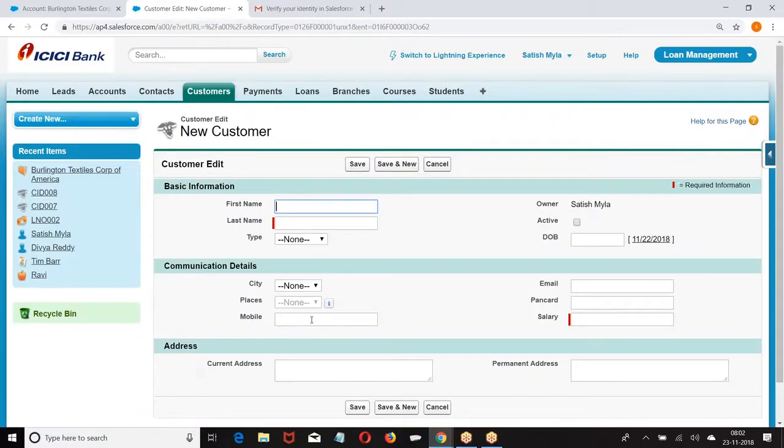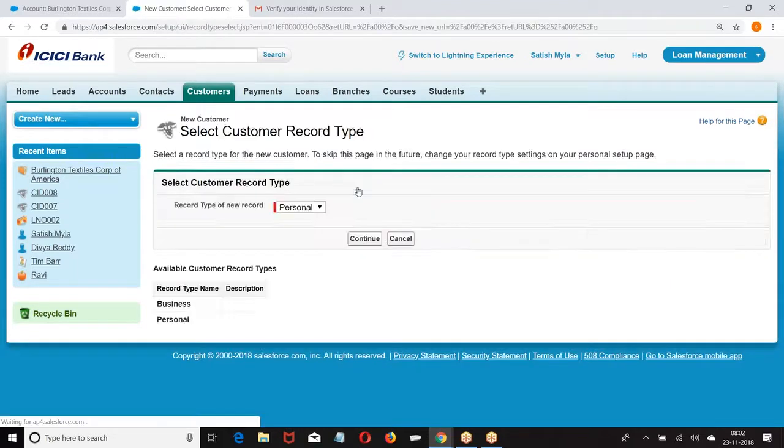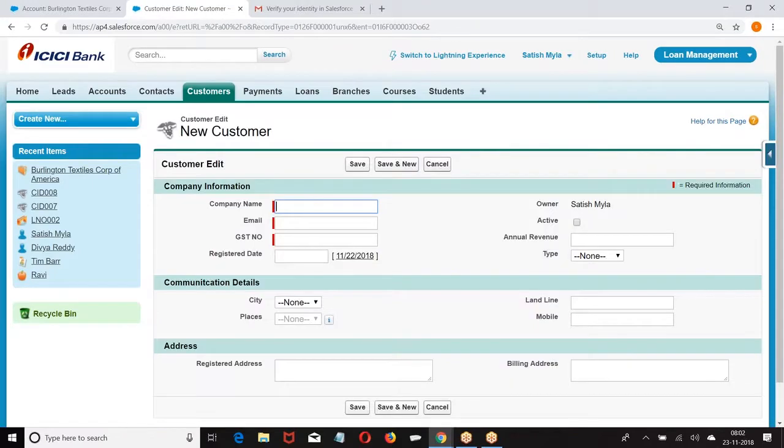Last name, first name. Now who is that? Same Satish, same object. When I want to create a record, new, they're asking which type of record? Customer record or a person record? When it's a customer, business record, they open this layout. Personal, they open a different layout. Are you getting my point? For the same object, I have two different views. Did you get my concept here? So what was this concept called? Record type. Let me give you the theory.